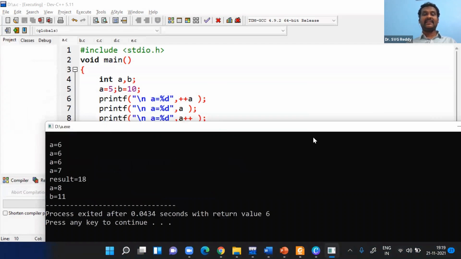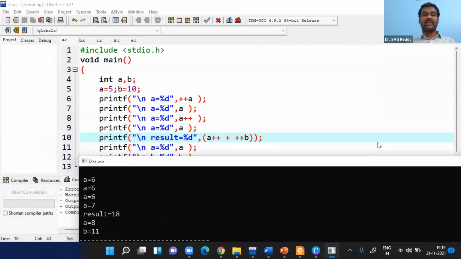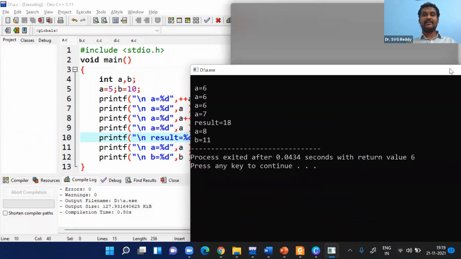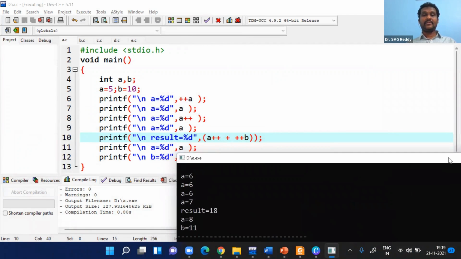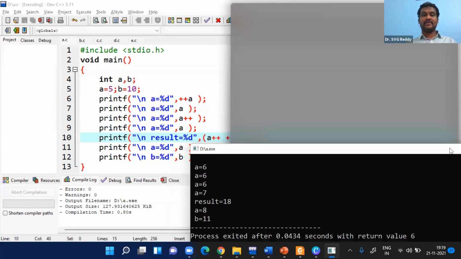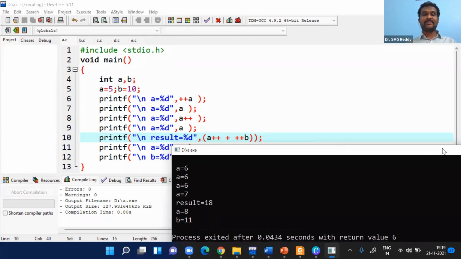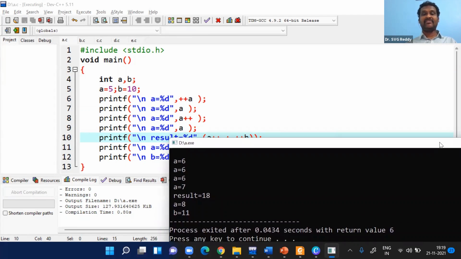If you see there, you got the same output that we have given there. So the first one is plus a. So we got the value incremented before itself, that is 6. And then the a value is printed, that is 6. Post-increment means it is not incremented there, so only 6 is there. But then it is incremented at the next level, that is the 4th line. a is equal to 7.